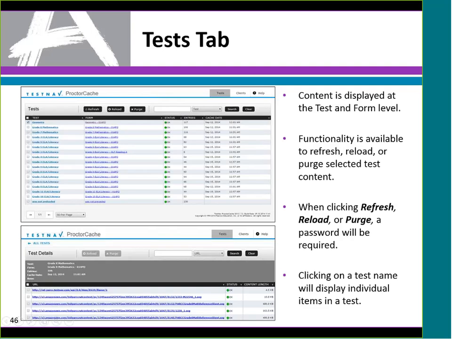There is a password required. The password is in the Proctor Caching user guide. It is hard-coded to the software. Next year, I think it'll be an adjustable password, something customizable for you. But this year, as in the past with previous versions of Proctor Caching, it is still built right into the software. So that is a hard-coded password that's available in that guide.